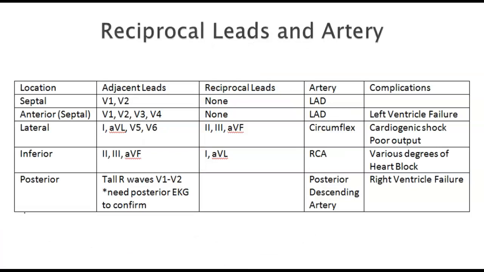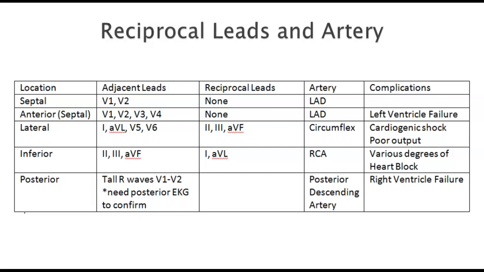Here's another way to look at these leads, and this is really important. Let's go to our first set of leads: V1, V2, V3, V4. Those are anterior leads. What's the opposite of anterior is posterior. But since we don't put stickers on the posterior side, you don't have reciprocal leads. Reciprocal is the opposite of. But lateral is the left side of the heart, and inferior is the right side of the heart, because the heart is sideways.